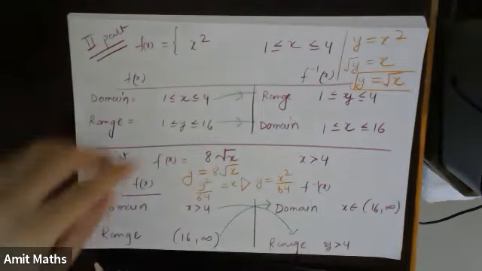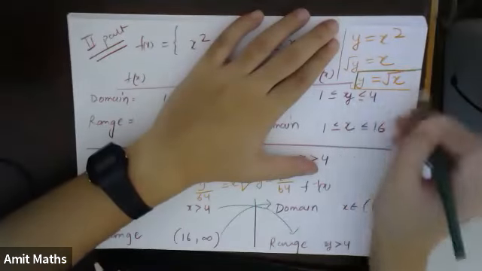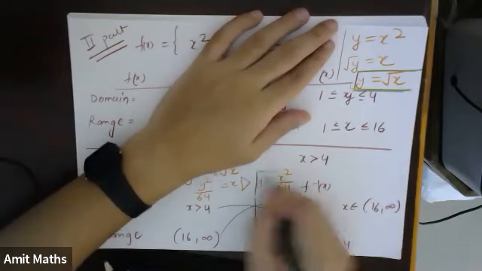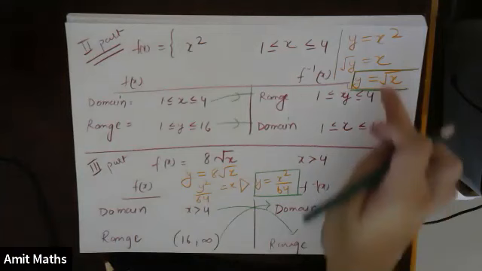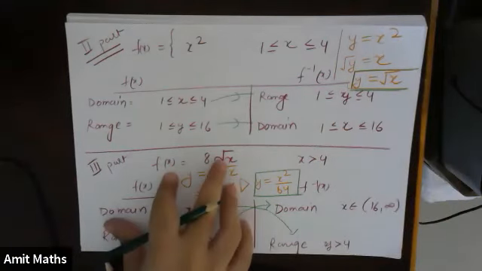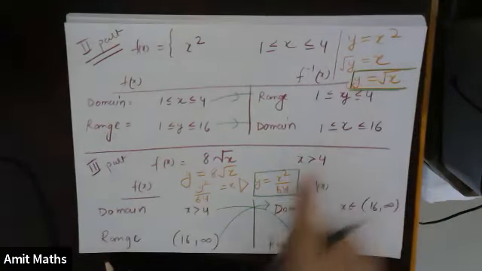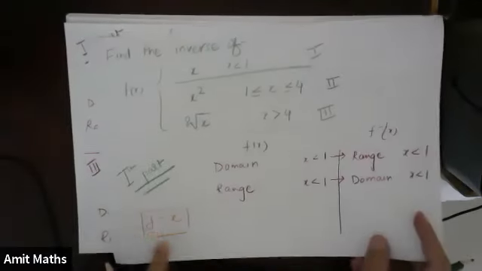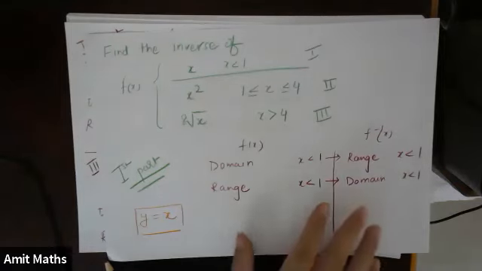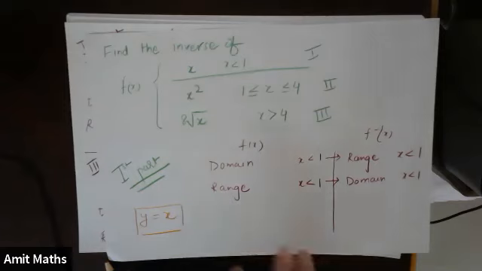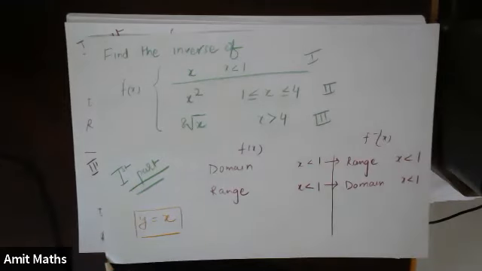So these are the three inverse functions which we got for three different domains. This is for the second part, this is for the third part, and this is for the first part. Till here, I hope everything is fine and everybody understood what we are doing. We are simply writing the three different sets of the inverse function.